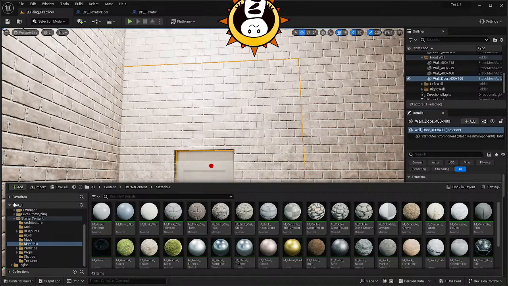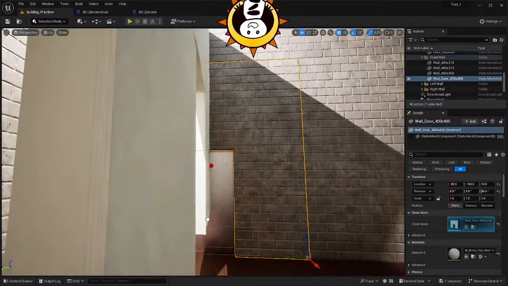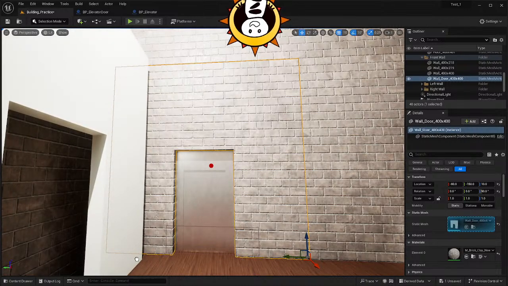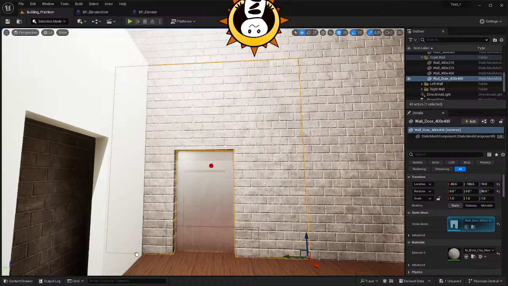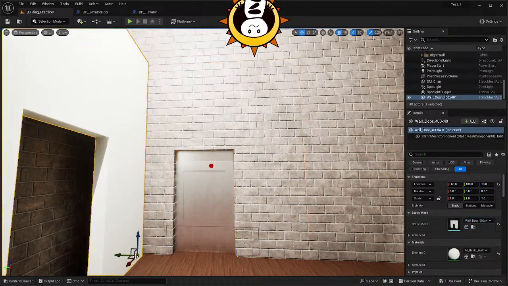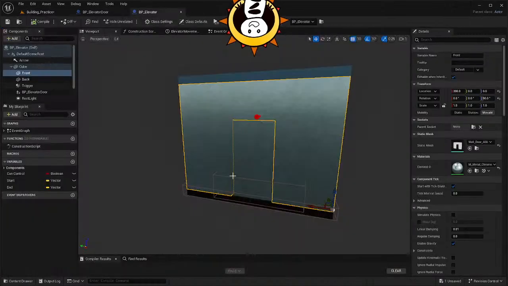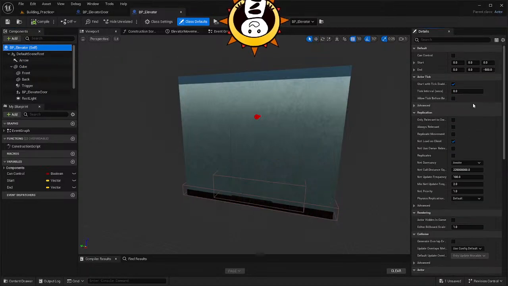No, that's textures. Go back. Architecture? Yeah. If I drag in this wall, how big is that wall? It is that big. But when I drag that wall into the blueprint, it shrinks by a scale of like 1 to 0.5 or something. I don't know. If I just scale everything here to 2